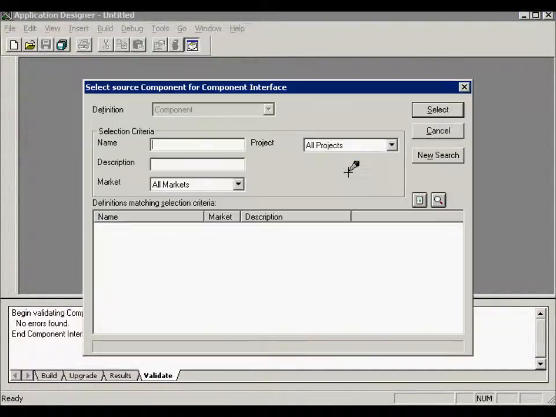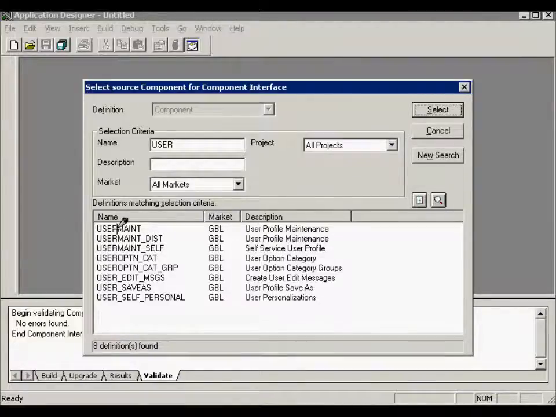Next, click OK, and you will need to select the actual component that the component interface is built upon. If you recall from our document in our guide, a component interface is built on a single component. So we must choose a component, and we're going to choose, in our case, the user mate component, and simply